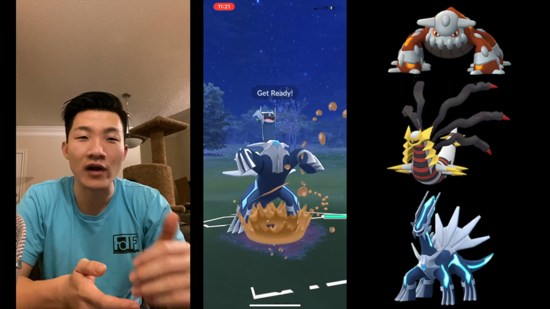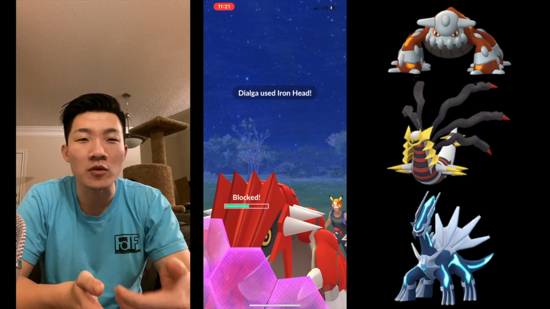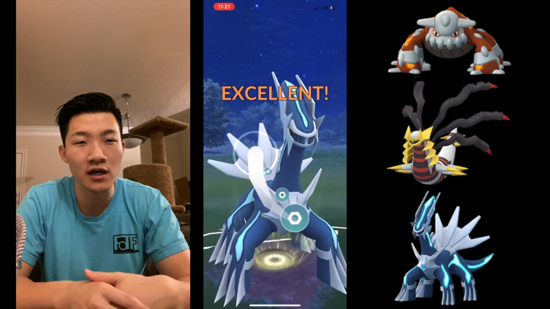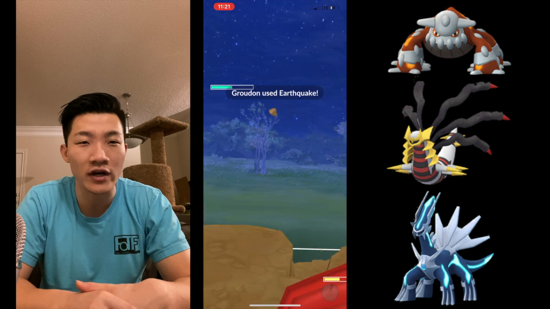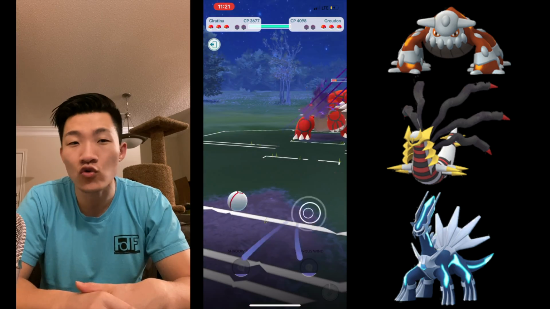And so the good thing with Groudon is they really can't bait with much, so as long as you double shield a Groudon, you can usually win on a switch in with Dialga, unless they're really quick with it. So I know that's the case, and I believe I shield right here. I wasn't sure if I was going to get to Iron Head in time, but instead I do a quick switch into